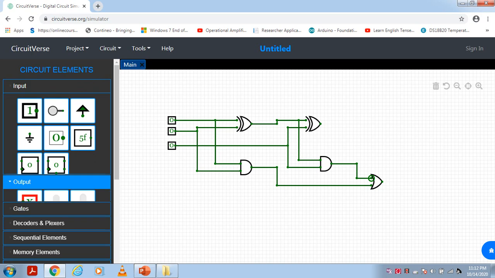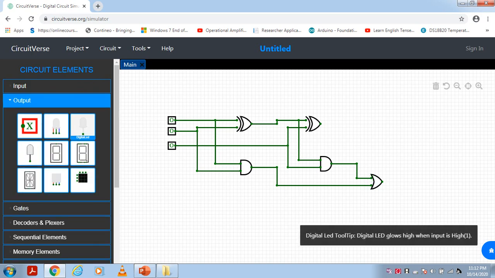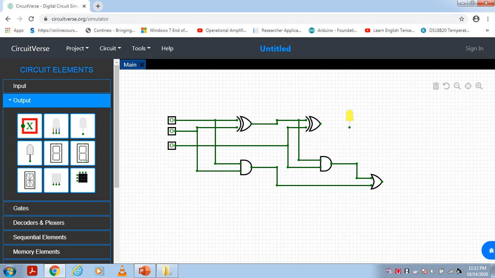To check the output, I am just taking this digital LED. I am going to place it here. This is for the sum operation, to check the sum, and this one is for the carry. Okay. I connect the output of the second XOR gate to the LED 1, and here the OR gate output is connected to the second LED, right?